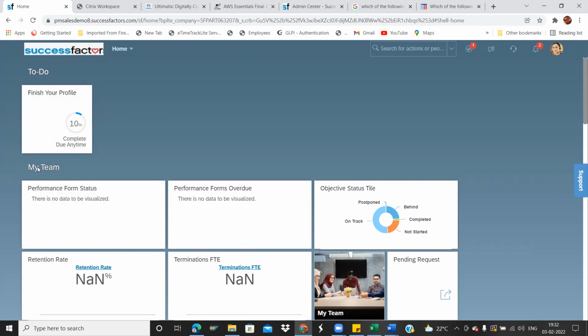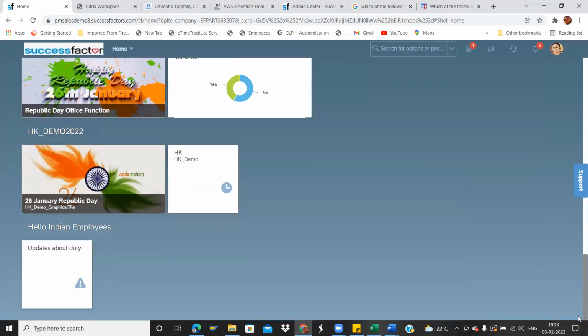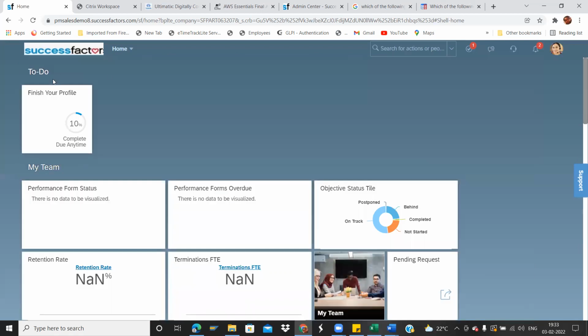Just remember, what we can do is my team, any tiles you can add and create in my team. You can't create any other tile other than this or approver. It will take by default what the action is pending from your side. These are the standard tiles. It will take those information and show it. If any approval is pending or something like that, they will be dynamically shown in the to do. So no need to do any action in to do. What you can do, any custom tile or anything you want to create, from my team section, you are able to create it. Okay, this is the only difference, to do and all.